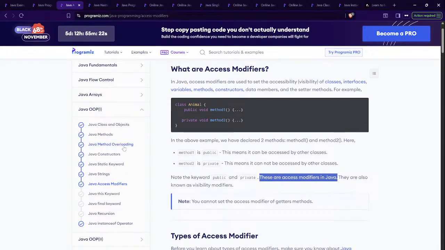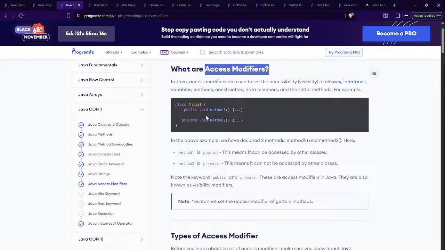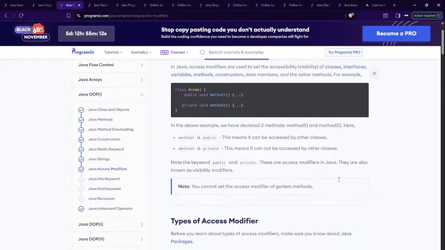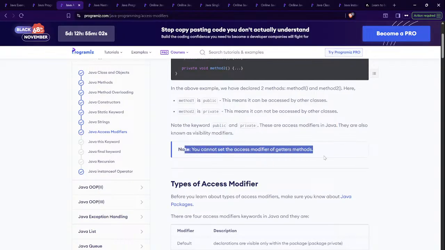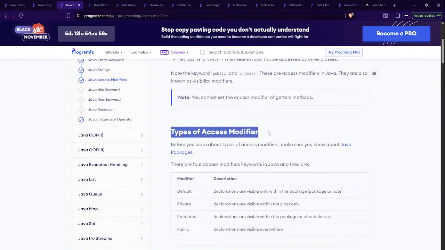I was constantly saying that when we get to the access modifiers part, I'll explain the difference between them. Yeah, we reached over here. So let's see what is the difference between them. They are also known as visibility modifiers. You cannot set the access modifiers of getter methods, right? So types of access modifiers are